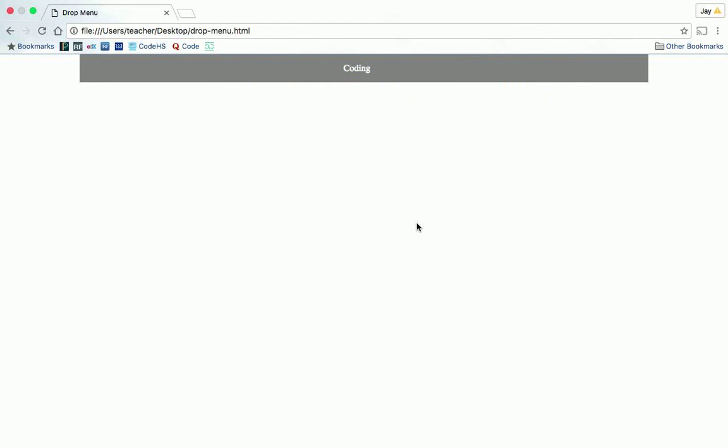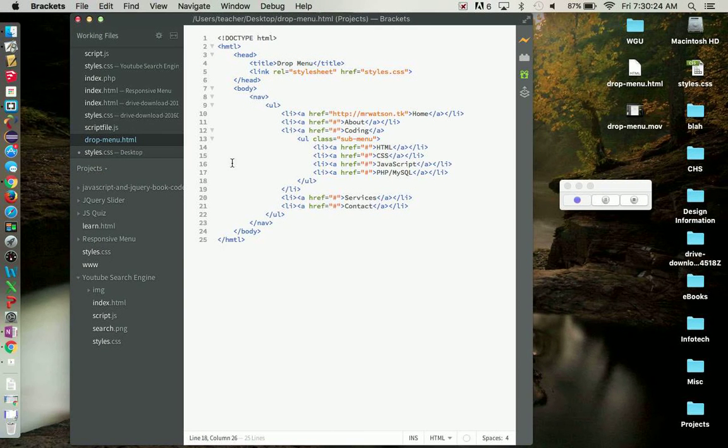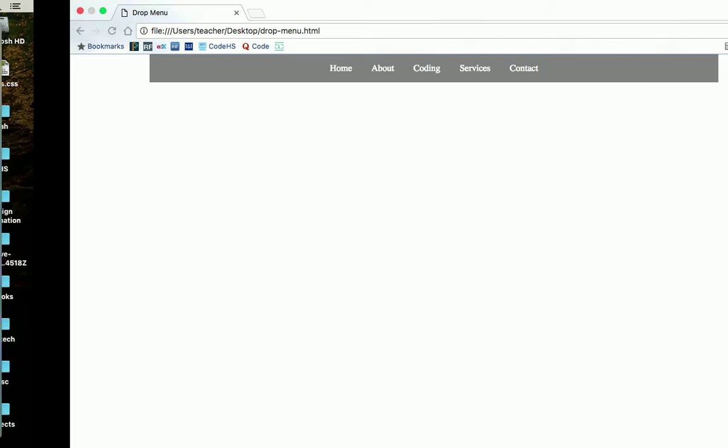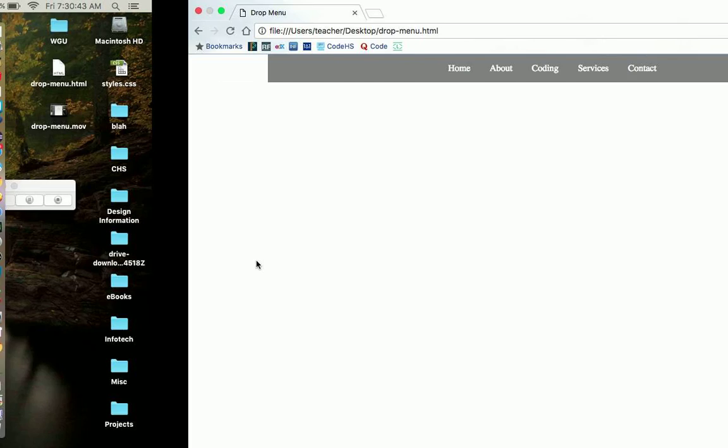And so, which is the reason I'd commented it out. But now we want to actually style this. So we're going to access that unordered list using the sub menu class selector. And the big thing that we want to do right away is we're going to say, hey, don't display. So display none. So we're going to set this, and you can see everything's fixed now because we're hiding it